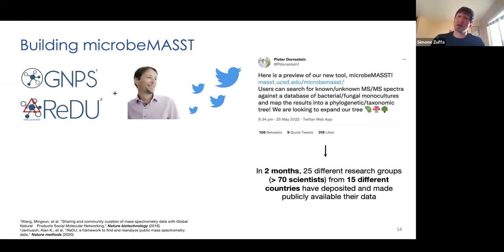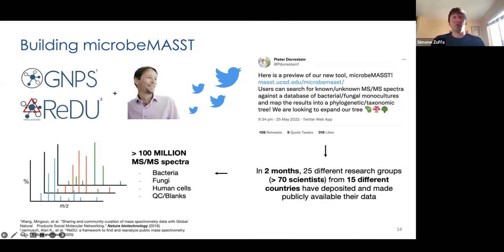In just 2 months, we had 25 different research groups all over the world deposit their data, and we ended up obtaining for this specific study more than 60,000 samples comprising 100 million MS/MS spectra, collected from monocultures of bacteria and fungi, or human cell lines, and QC and blanks. So we have a lot of